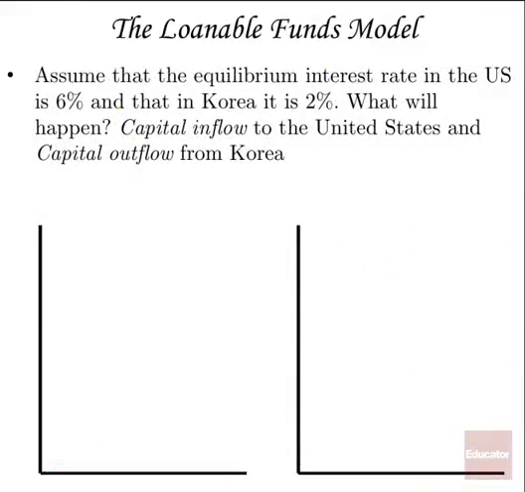All right, now let's assume the following situation. So we have this loanable funds model, but what we didn't include was the fact that interest rates are going to vary within countries. And so if that's the case, how does that really change the equation? Okay, so we're going to assume the following here. So assume that the equilibrium interest rate in the United States is 6%, and that in Korea it is 2%. So let's say there's just two separate interest rates, and what's going to happen if capital is allowed to move freely from one country to another? What will happen? So what's going to happen is there's going to be capital inflow to the United States and capital outflow from Korea. The general rule of thumb is